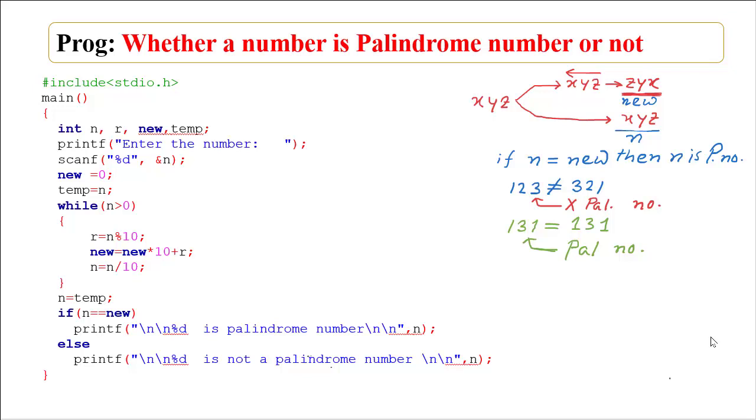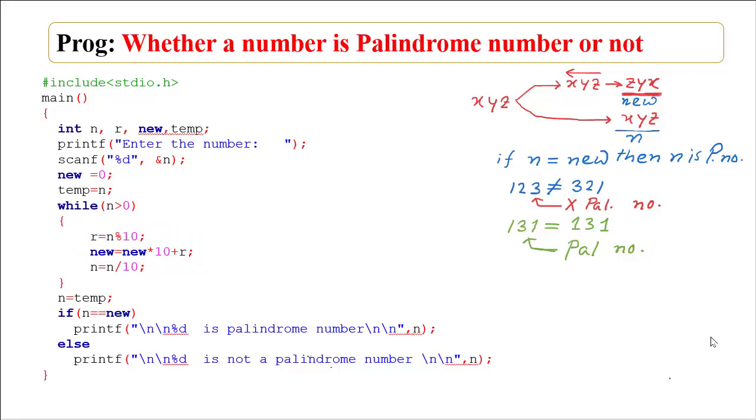While we identify the different digits separately, they will be placed in reverse order and ultimately a new number needs to be formed. The new number can be formed by using this instruction: new is equal to new multiplied by 10 plus r, where r is n modulo 10.